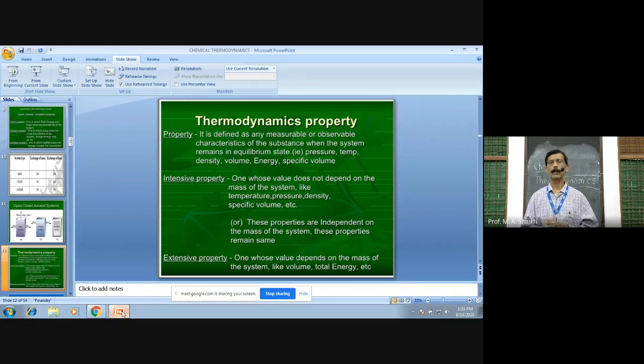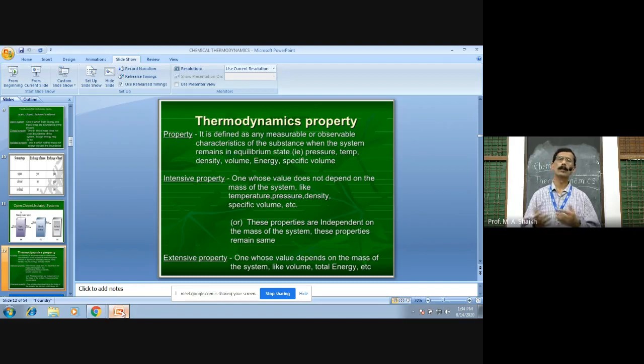Take 10 ml cold water in a plastic bucket and measure the temperature. Note it. Immediately take one glass of cold water and once again measure the temperature. Note it. Then take only one small beaker of cold water and immediately measure the temperature. What you will find is that every time the temperature of the cold water is the same. What it means? It means temperature does not depend on the quantity of matter.